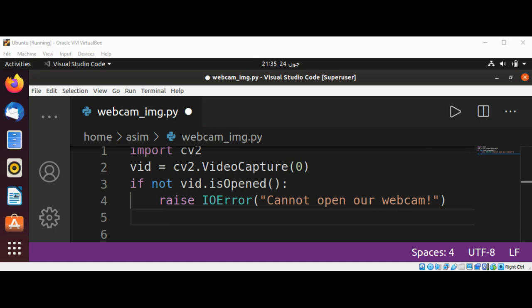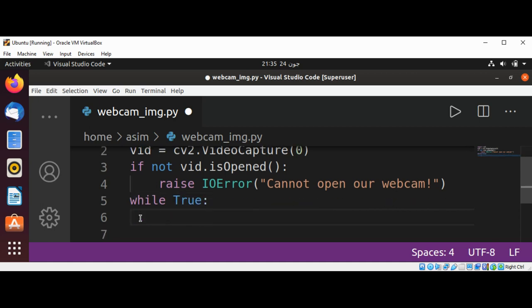we can use a while loop to loop over our frames. It's going to be while True, and we are going to read the frame by calling the method read,